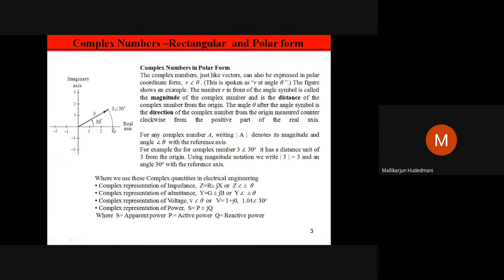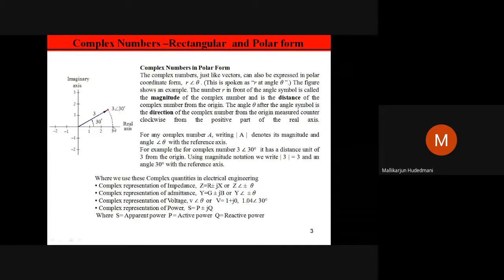Just mark a number. Then what is the angle it is made up of? Plus 30. Plus 30 means, as we have seen electrically, vectors always revolve in anti-clockwise fashion. Any angle which is plus 30 or plus 40 means it should rotate in the anti-clockwise fashion. Suppose it is minus 30, what would it mean? Any quantity associated with a minus angle rotates from the real axis in a clockwise fashion, like this. So therefore it is a plus 30.